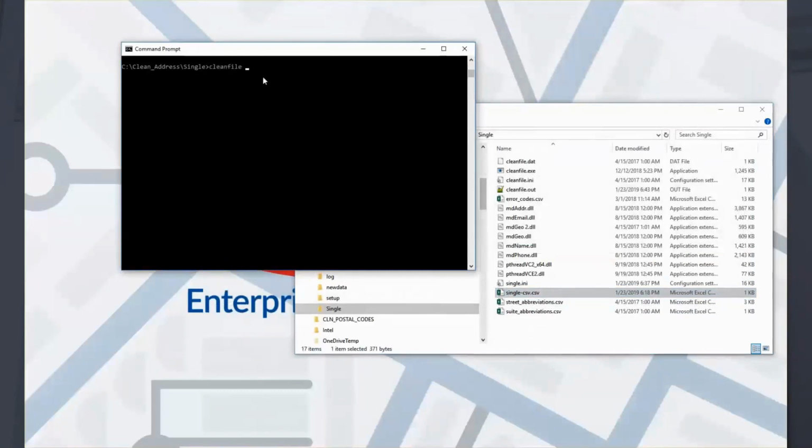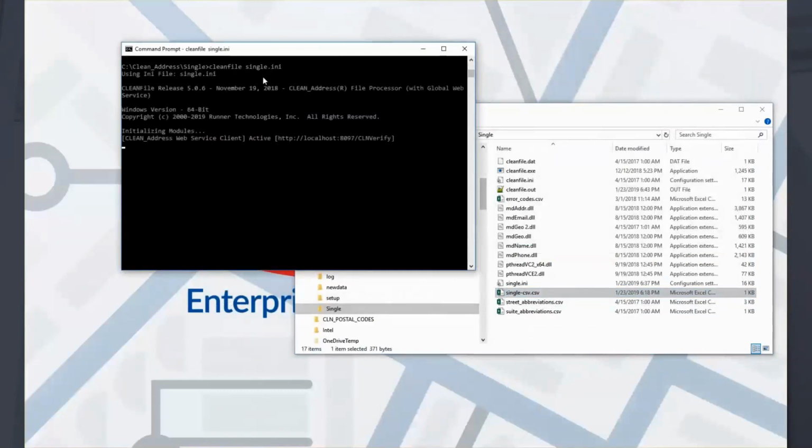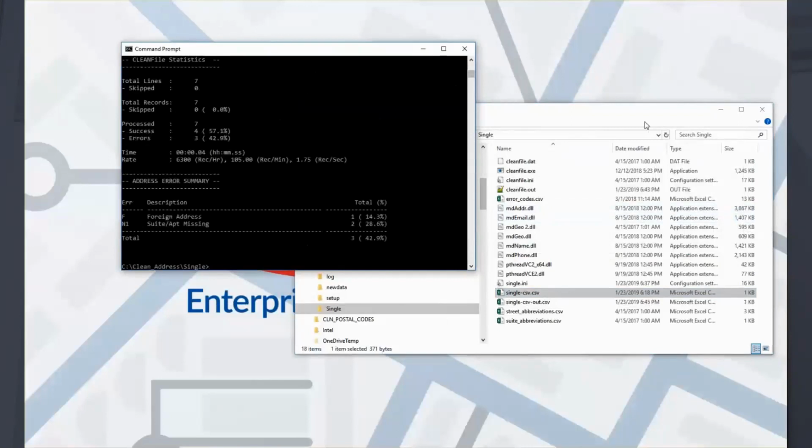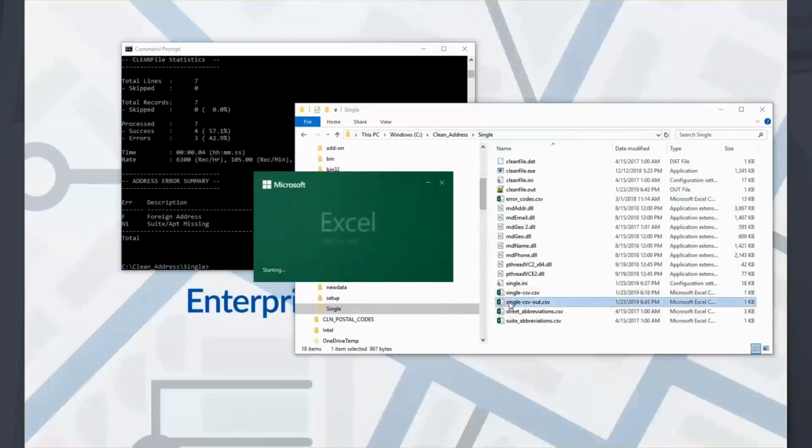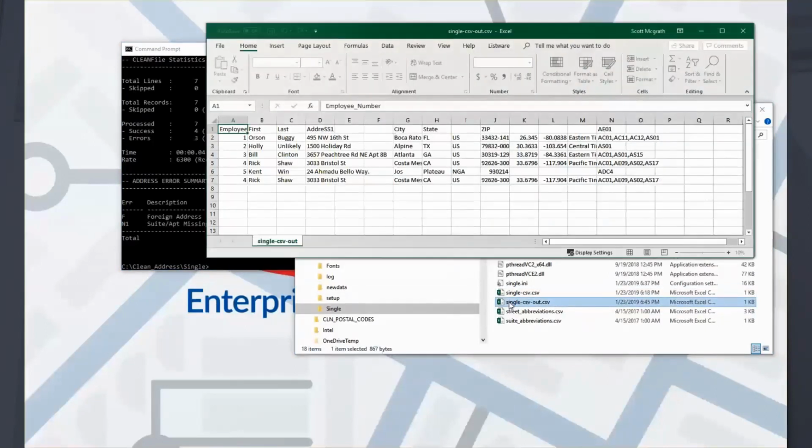When I type clean file and go against the single CSV.ini file, it's not going against the local data files. It is hitting a web service that would be running, for instance, if you were running Colleague as your database, or if you were running Transact SQL database, and it validated all of those addresses, put latitudes and longitudes in,